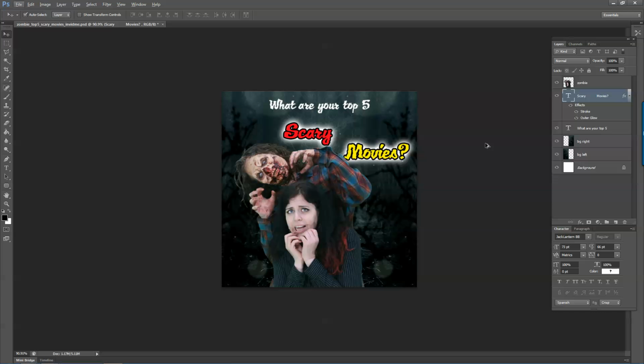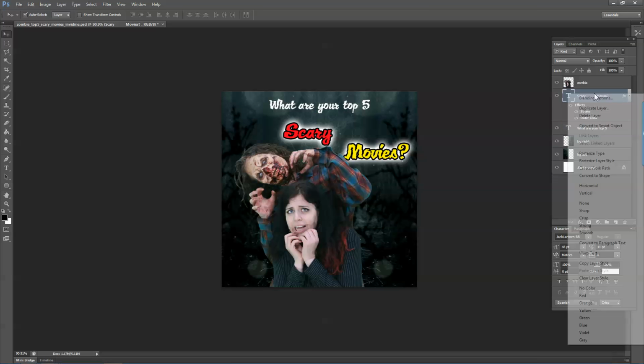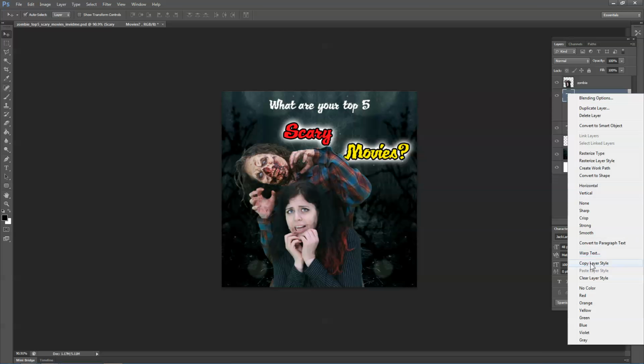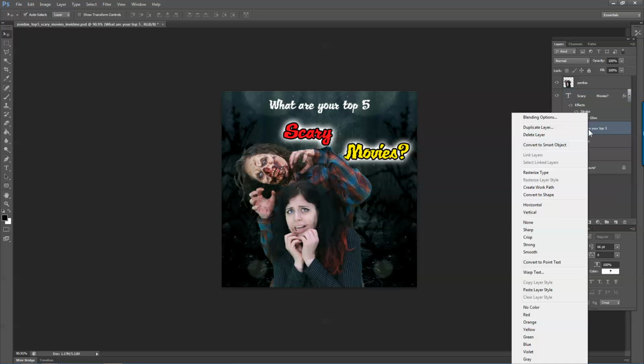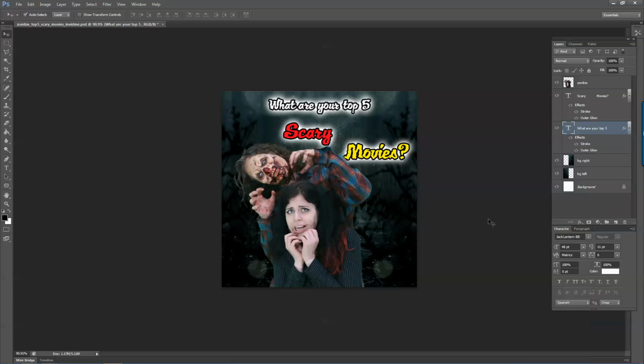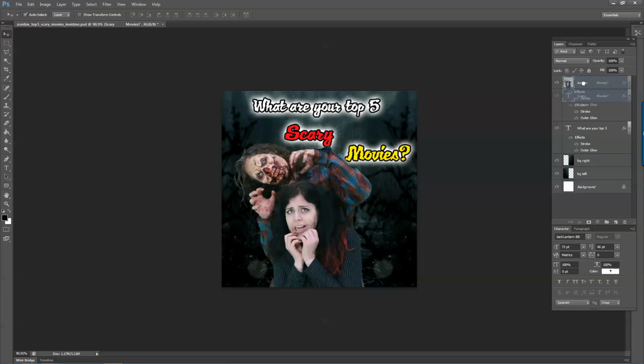Doesn't look too bad. And then you could apply the same. You can. So here's a cool trick. You can copy the layer's style, which is all this stuff I just added, and just paste it to see how it looks. And again, we can. What are your top 5